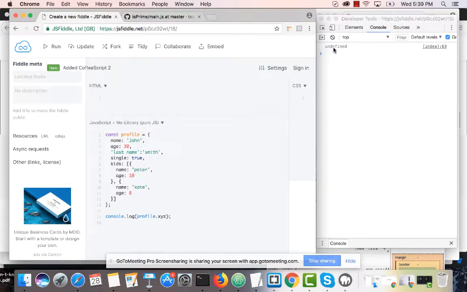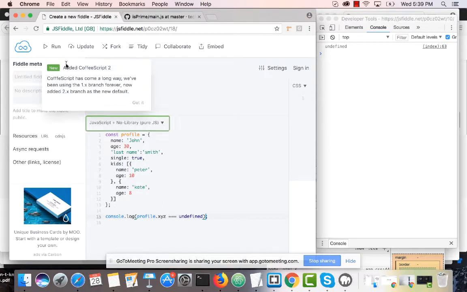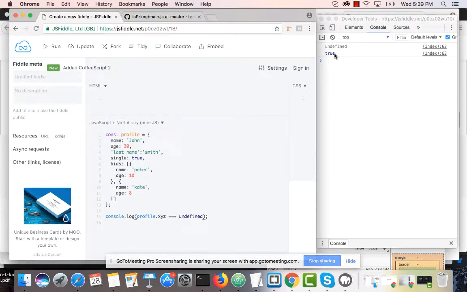It would give me undefined. So I can check if it's undefined, then it doesn't exist, right? I can check against undefined, then it would give me true, right? Okay, I can check that way. But a better way to do it is